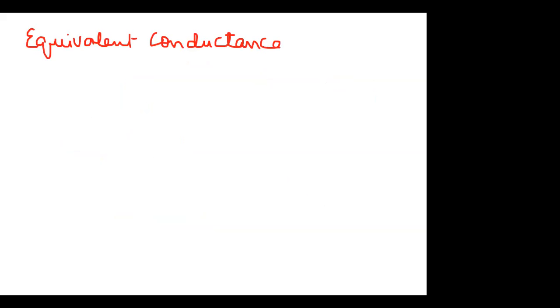I mean, a solution which has been prepared by dissolving 1 gram equivalent of an electrolyte in it, and it is designated by this sign, that is, you write the word EQ there, showing that it is the equivalent conductance. In the case of equivalent conductance, we have to be particular of taking 1 gram equivalent. So if I'm talking about 1 gram equivalent of the dissolved electrolyte, let us say 1 gram equivalent of an electrolyte is dissolved in